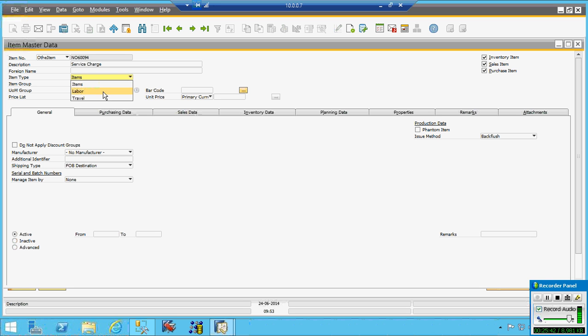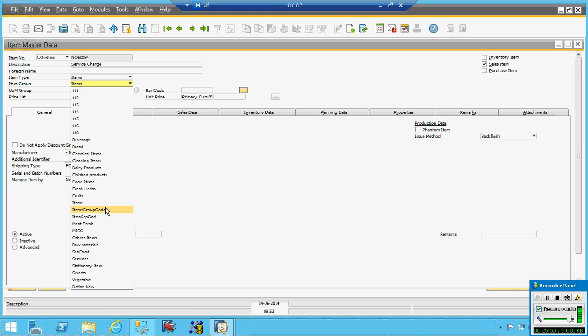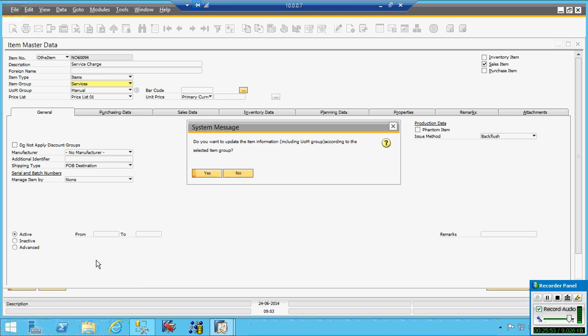It is a label. You can create a new item and item group on it actually. Item group with service.